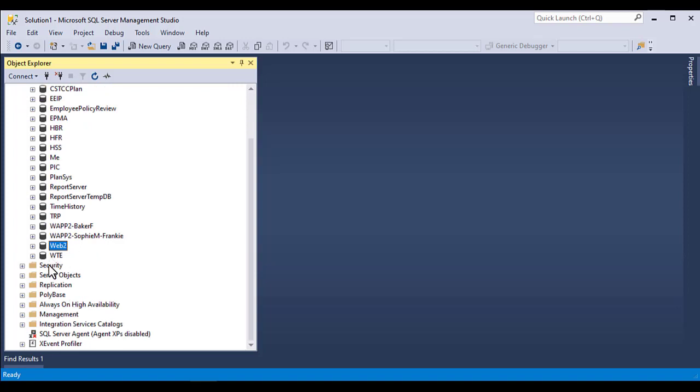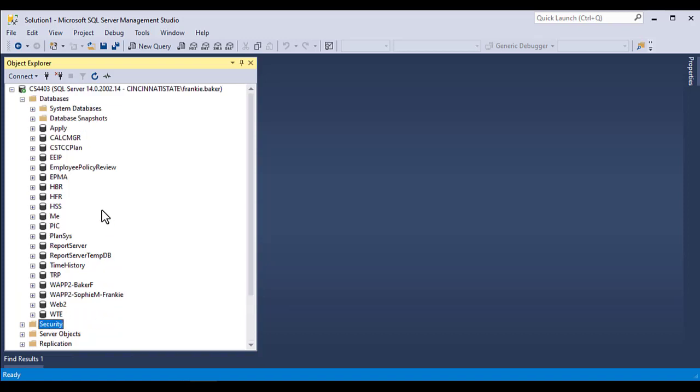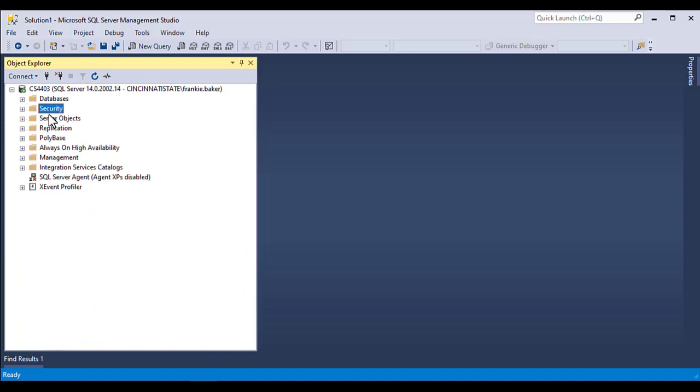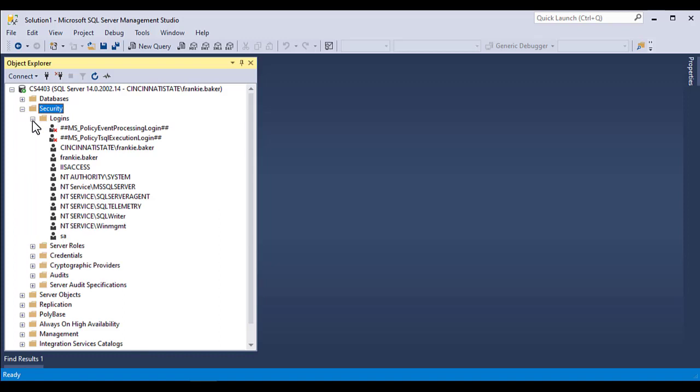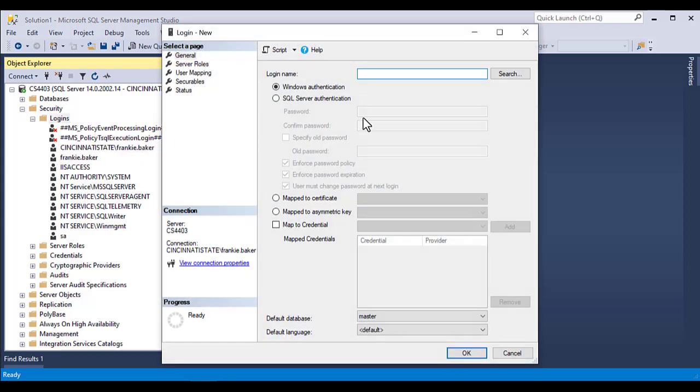Scroll down and inside security. Now, not inside security under Web2 because it has a security folder too. We want to be outside of the databases folder. So we want to be at this level, open security, open logins, and we're going to create a new login. Right click on the logins folder, click new login. Name this login